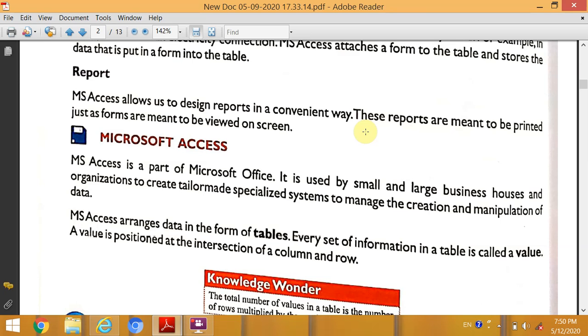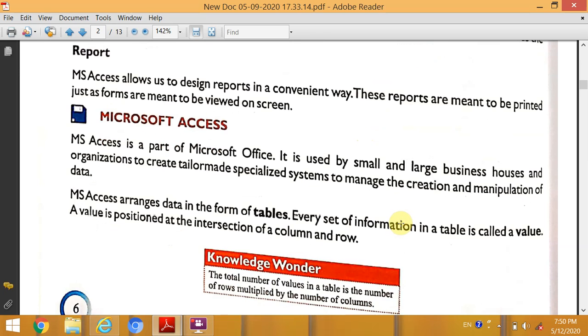Next, the very important topic is Microsoft Access. MS Access is a part of Microsoft Office. It is used by small and large business houses and organizations to create tailor-made specialized systems to manage the creation and manipulation of data.